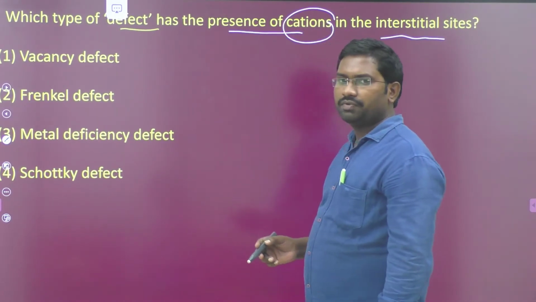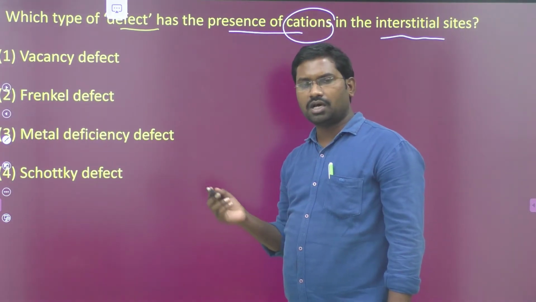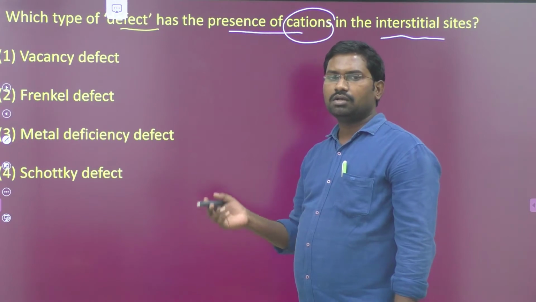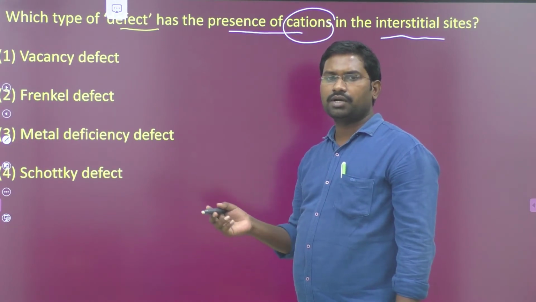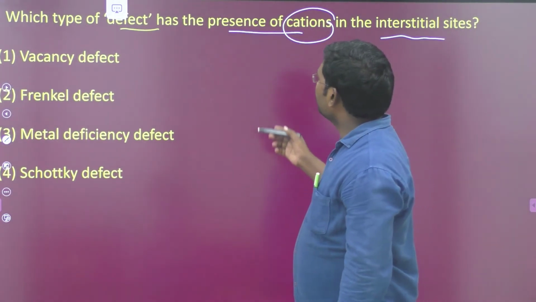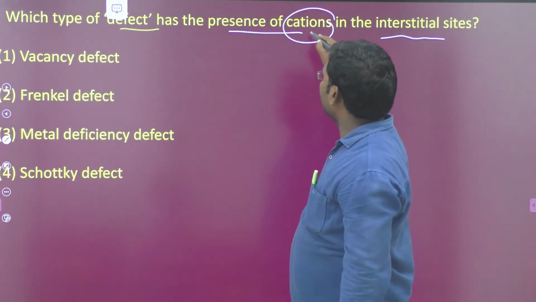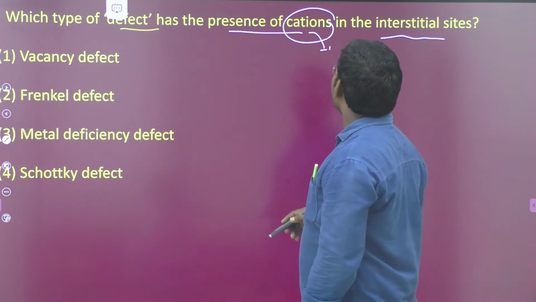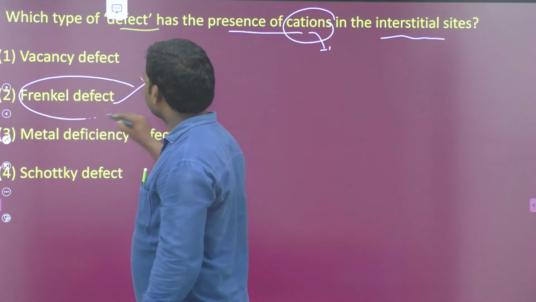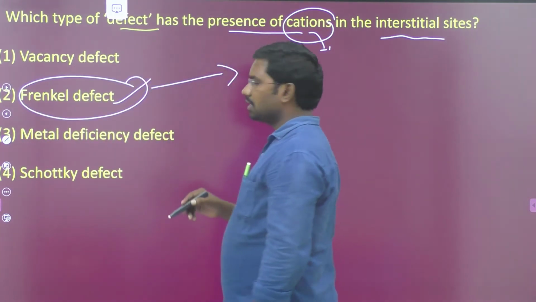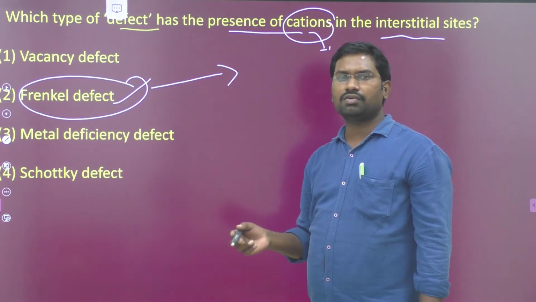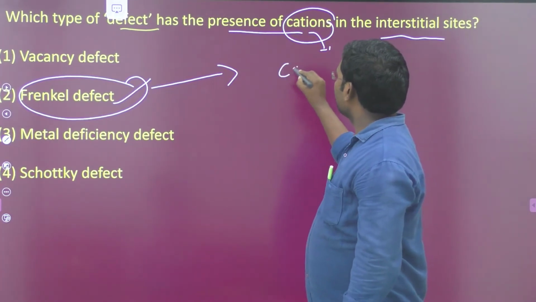There are so many defects, some stoichiometric defects and non-stoichiometric defects. Especially among the stoichiometric defects, the important ones are Schottky defect and Frenkel defect, which occur in ionic solids. In that, due to the presence of an extra cation, especially in the Frenkel defect. Once you recall the definition of the Frenkel defect: in the Frenkel defect, what is happening there? The definition of the Frenkel defect is like this: dislocation of a smaller ion, that is, a cation.